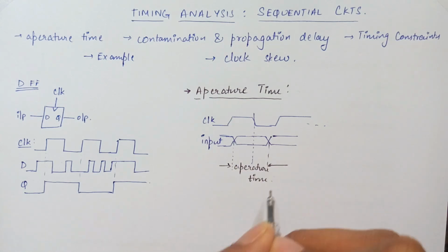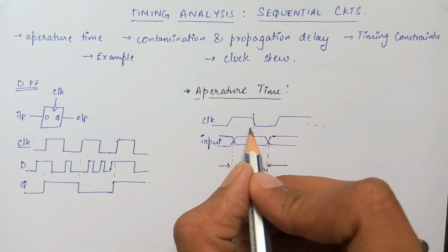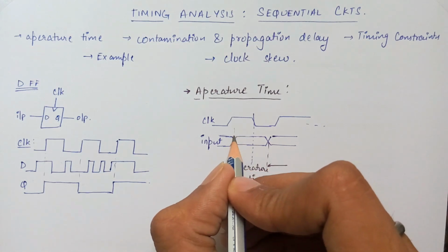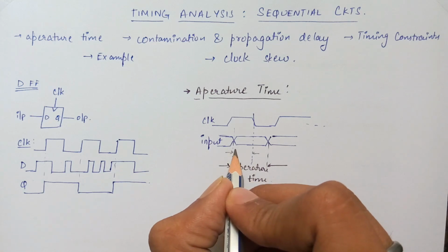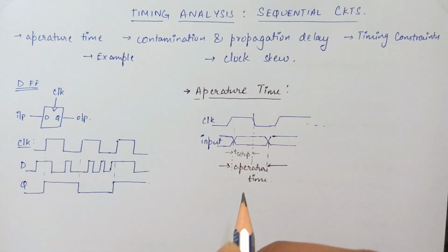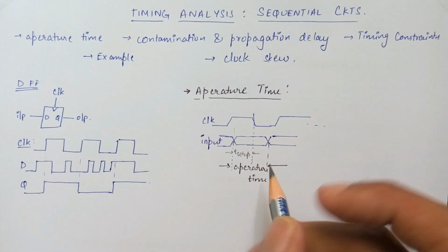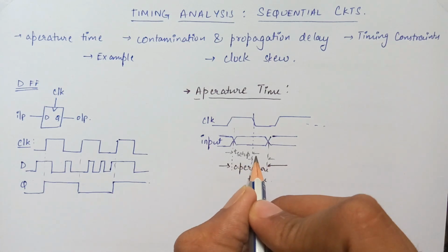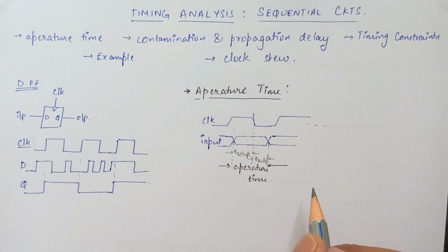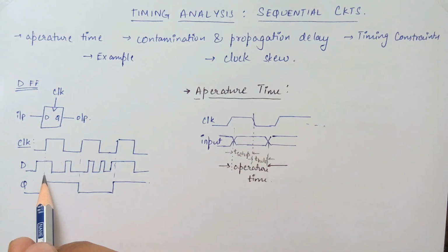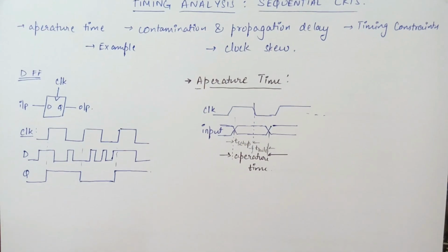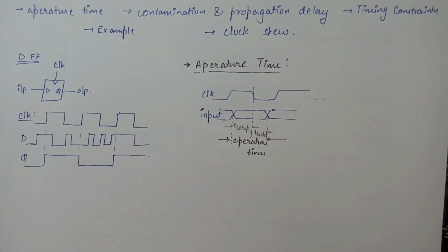Aperture time is divided into two parts: the time before the clock edge, setup time, and the time after the clock edge, hold time. We impose a condition on digital circuits that input must be stable at least setup time before the clock edge and until after hold time has passed. By imposing this condition on our sequential synchronous circuits, we guarantee that the flip-flops sample input when they are not changing. This was the condition on input of flip-flops.